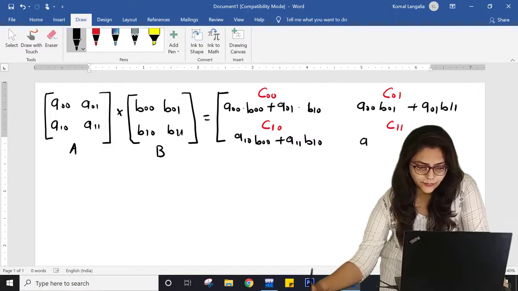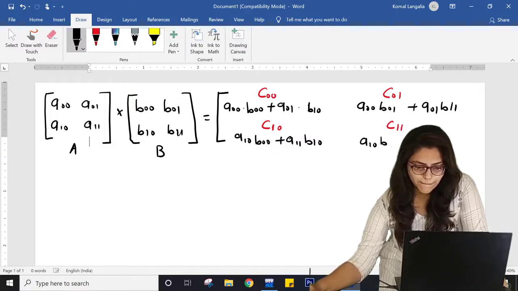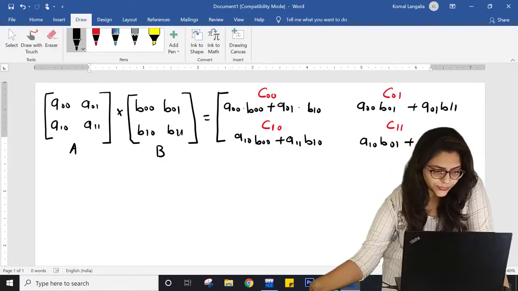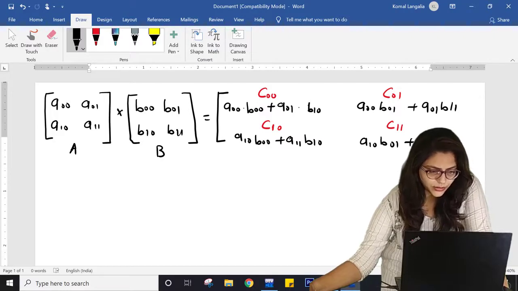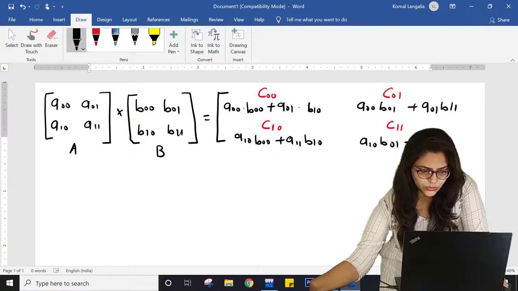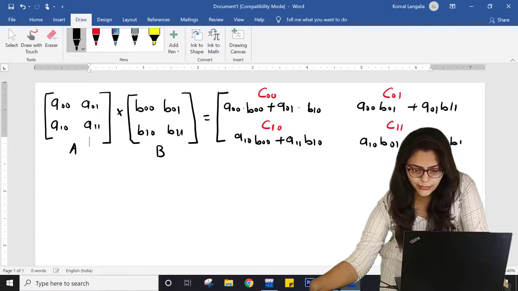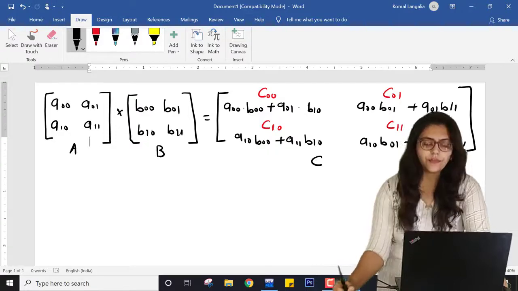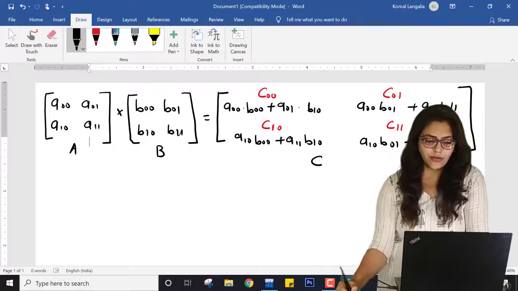Here it will be A10 into B01 plus A11 into B11, right? So this will be the formula for finding the multiplication of the given matrices.